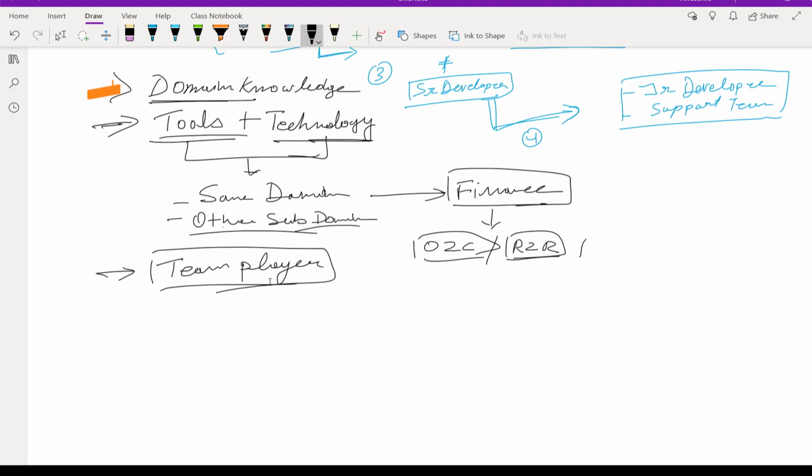And last but not least, problem solving. Why problem solving? These are the key skills. These are very generic pointers. You have to have knowledge of the domain, the tools and related technologies. You have to be a good team player to communicate the input or insight, support and help you require. And above and beyond, you need problem-solving skills. When I say problem-solving skills, I mean how to search for a problem,